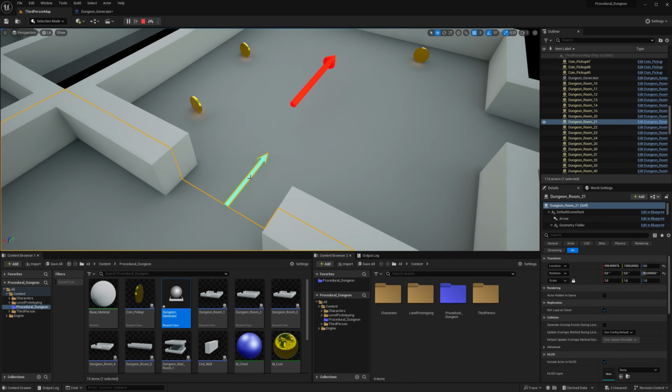So now this is a door arrow. You can say it like this, right? This is a door arrow. And now we are able to spawn doors on this arrow, not rooms. We have already done that. So we put the arrow in a list where we are able to spawn doors from this arrow now. I hope that makes sense.